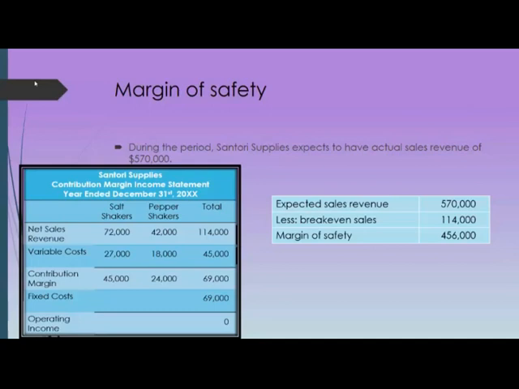So how safe should Santori Supplies feel? Really safe. That is a big number above the required amount of break-even sales and revenue. So even if customer demand